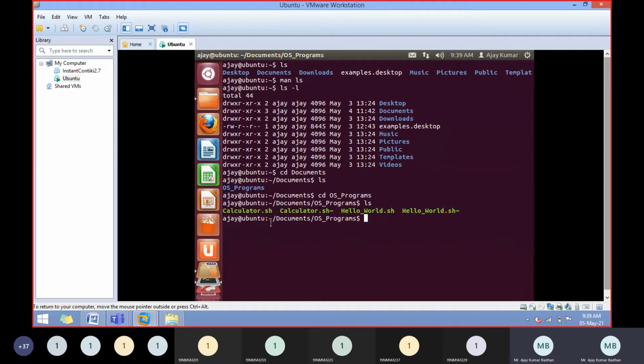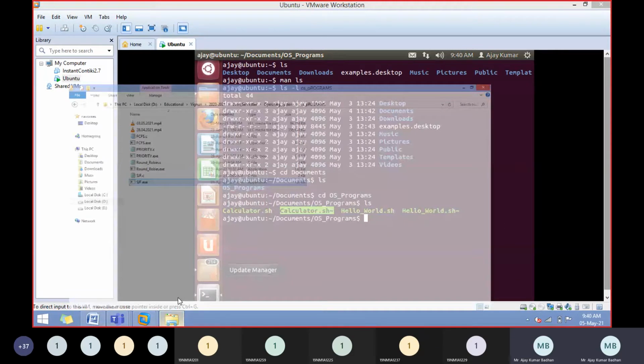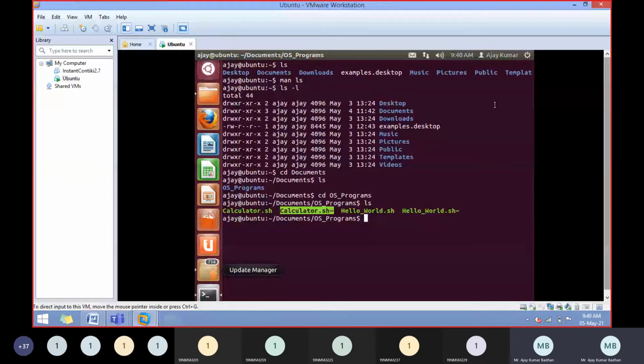In the same way, when you compile this particular code in this scenario, it will convert it into this location. If there are no errors in your program and it is able to execute perfectly, then it will create this file. So there we have the .obj file. Here we have the .sh file, which is the one used for execution. Previously we saw the .exe file; now here you will have this .sh file.